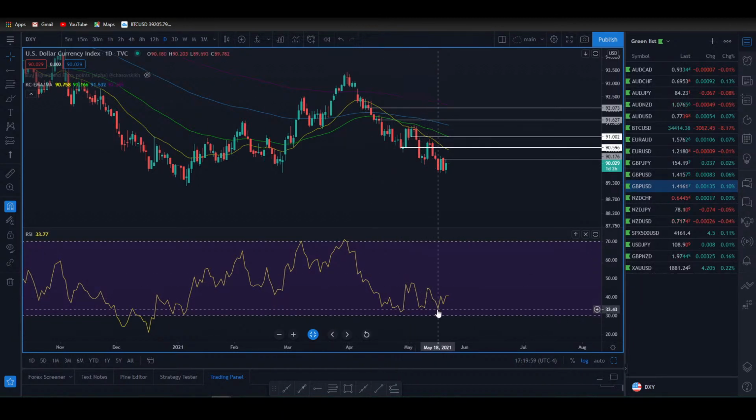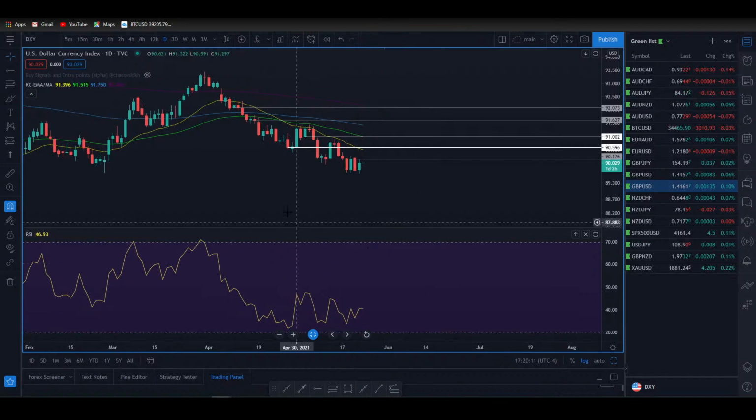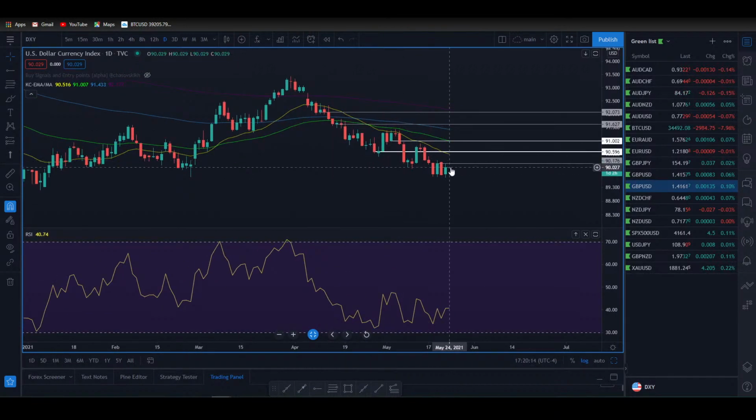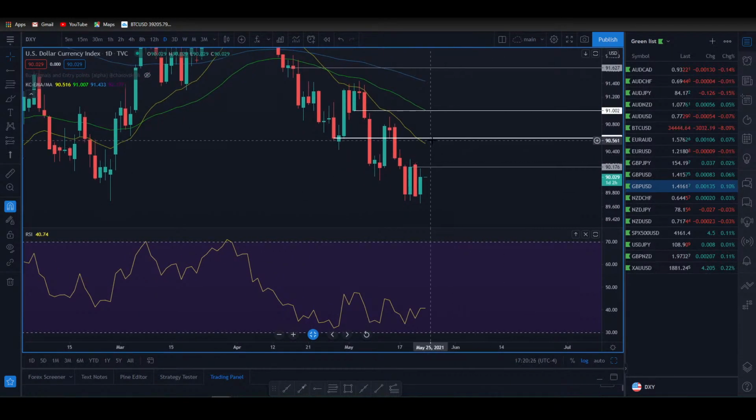So you can see here on the RSI, we are below the 50 spot, which means that it is in the bearish control zone. However, you did put in a lower low on price and a higher low on the RSI. That is divergence. I do not look to trade divergences. I just look at them and basically assess what can happen. So if this bullish divergence is going to play out, a nice little pop to the upside around that 90 spot, 59 level would be a fantastic spot for this divergence to have played out,